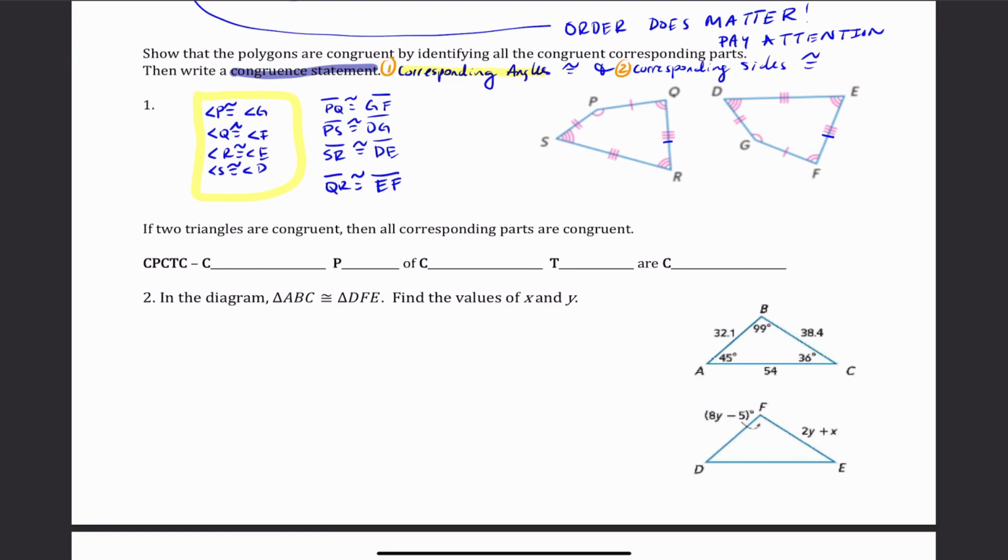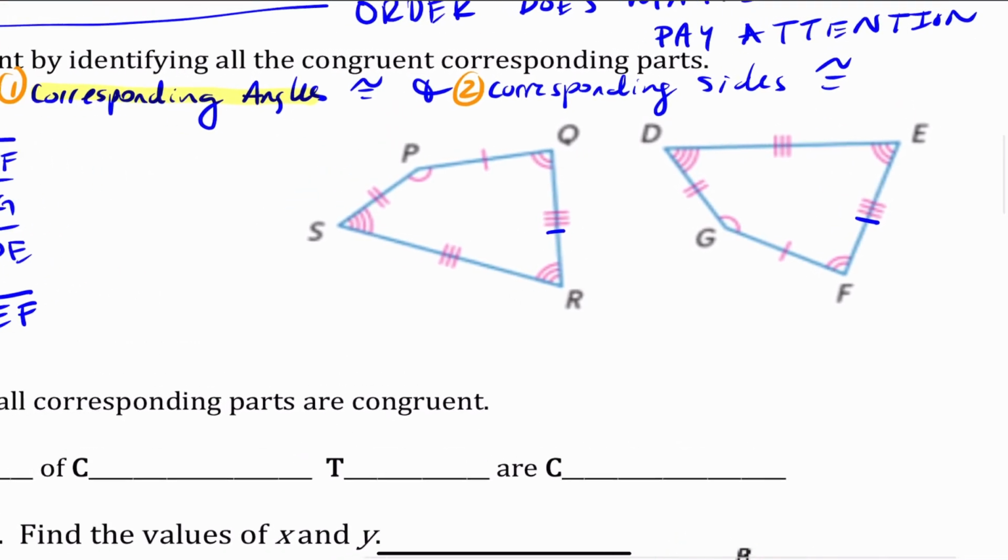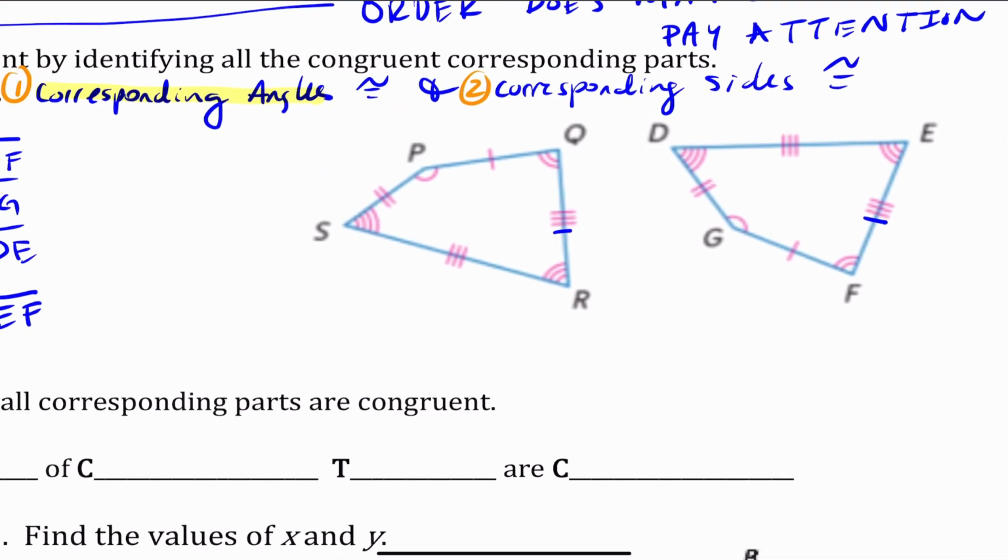Now what I want to go ahead and do is write my congruence statement. And to do that, you're going to have to pick one polygon. In this case, I'm going to pick the one on the left, and I'm going to call it P, Q, R, S, close it. The symbol for polygon, there isn't one, so I'm just going to have to write polygon instead of drawing a symbol because there isn't one. So I called it polygon P, Q, R, S, close it, is congruent